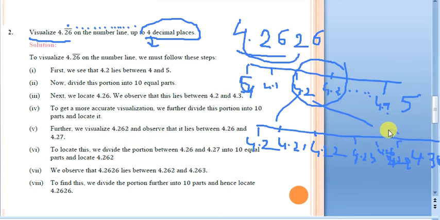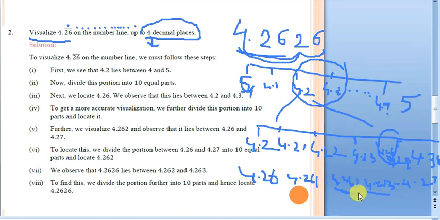That means again we have to take 4.26, but it has not crossed 4.27. So you take 4.26 at one end and 4.27 at the other. In between you will have 4.261, 4.262, 4.263 and so on. Now see, our number is 4.2626. That means it has crossed 4.262 also, but it has not yet become 4.263. So between 4.262 and 4.263 we have to magnify this region again.